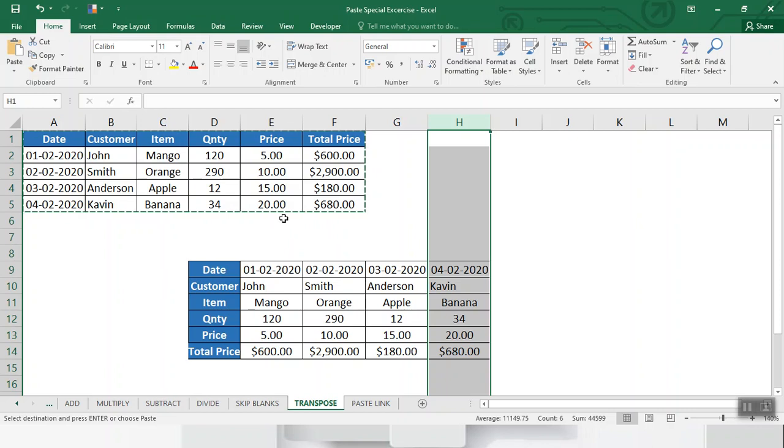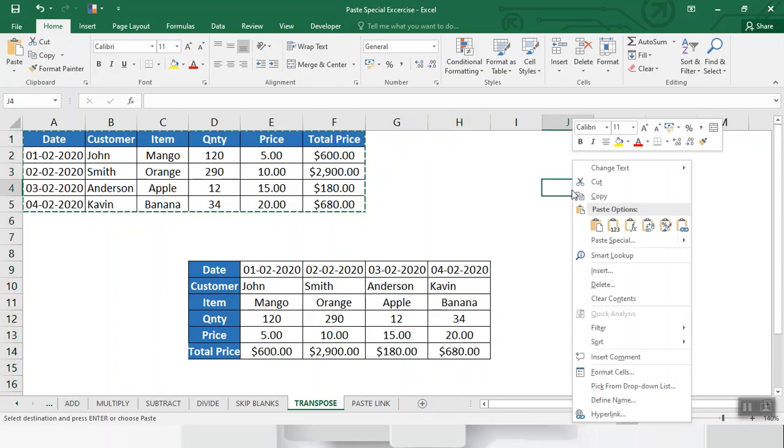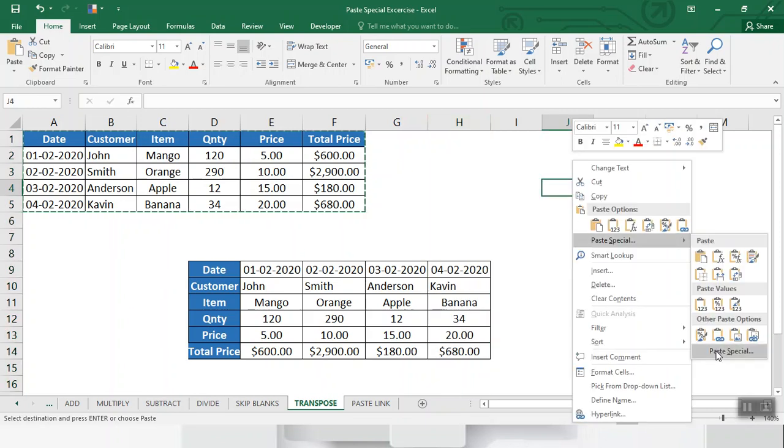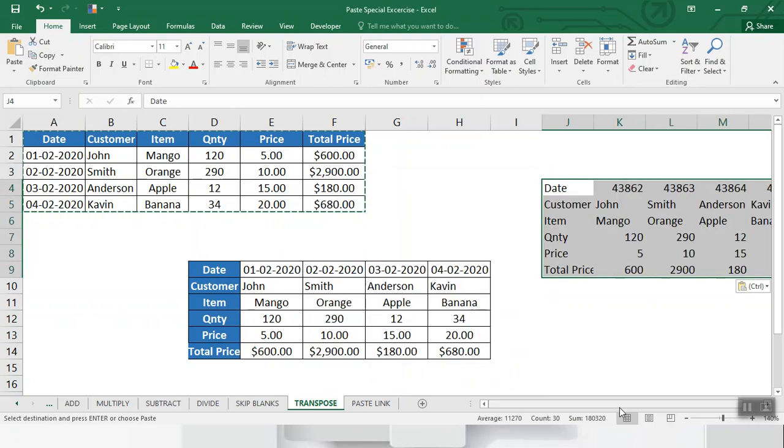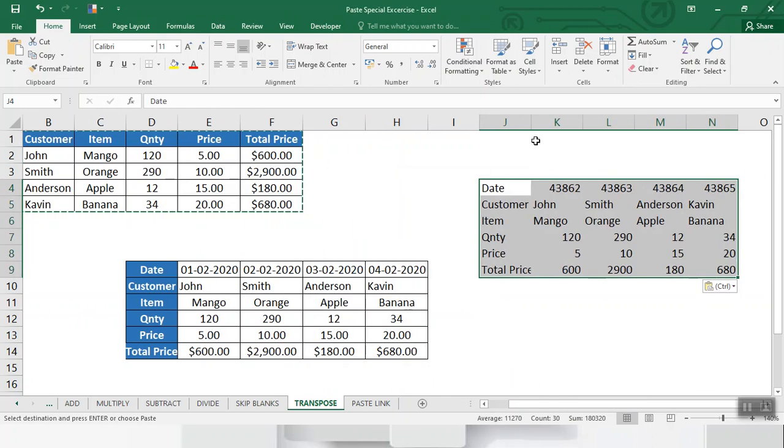So you take anything, whatever you want. So copy data, right click and paste special. We want to transpose and we are also showing it as a value. So then click. This is a value and transpose.